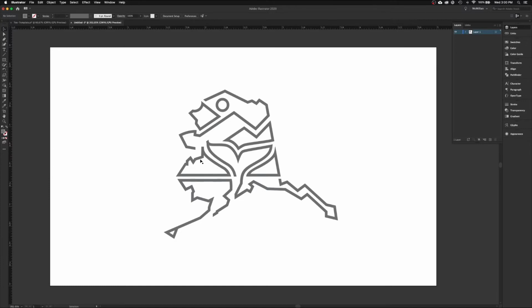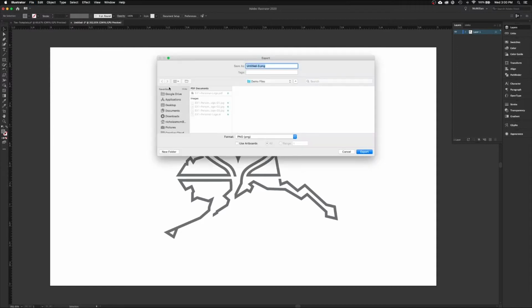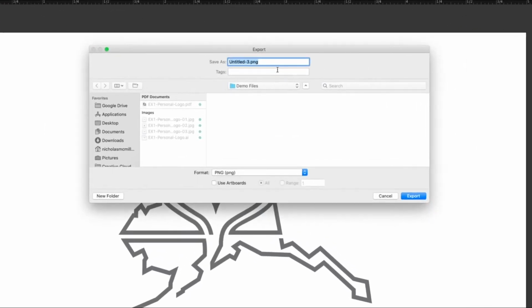So we have the icon in position where I want it. So our next step is to go up to File, and we're going to export it first. So we're going to come down and do Export As. And I haven't saved this yet, so we'll do the name, the file name, and everything. So we're going to come up into the export,